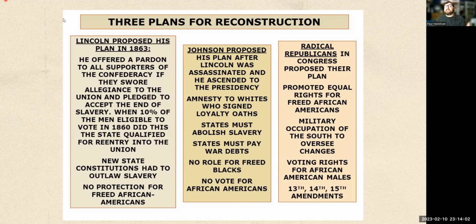So the Union military is sent down to occupy each of the states until they meet the requirements of the new Constitution and the loyalty oaths and all of those things. And what ends up happening is a lot of resentment built up in the South towards that Union Army, and towards these Union politicians that are sent down to take over the Southern states,